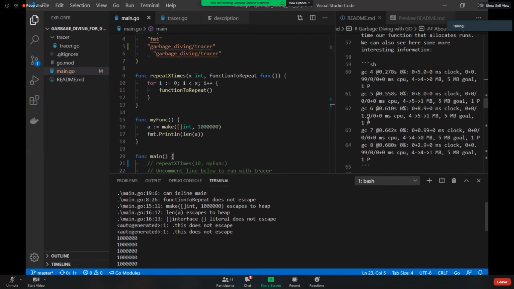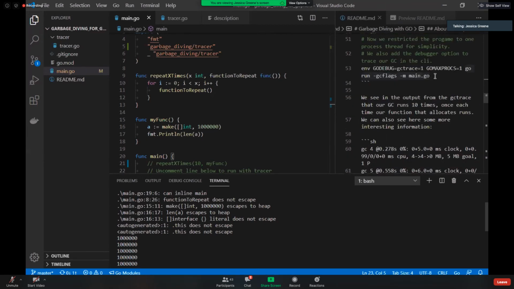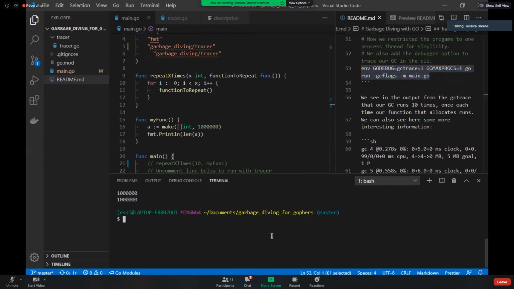And let's now run this command. And I've altered the command slightly. I will explain why. I've altered the command slightly to ensure that it will run on one processing thread. That's just because then it's easier to look at when we go to the tracing tool. And what I've put on here is the garbage collecting tracer, which will give us an output so we can have a look to see when the garbage collector is actually running and what kind of things it's looking for.